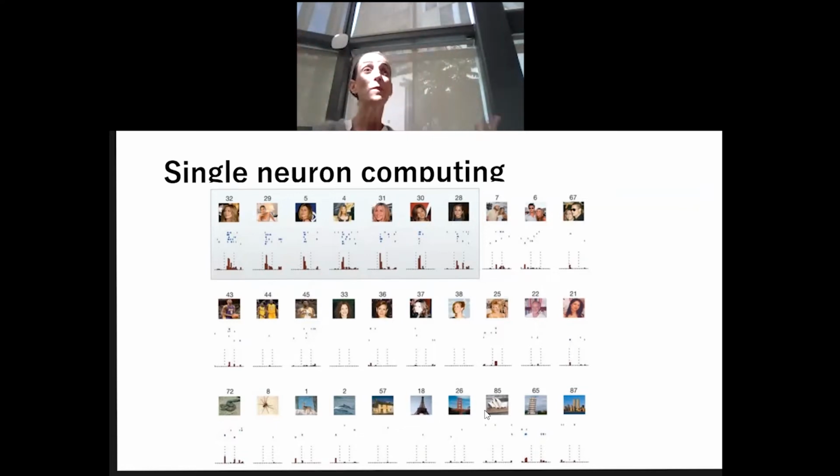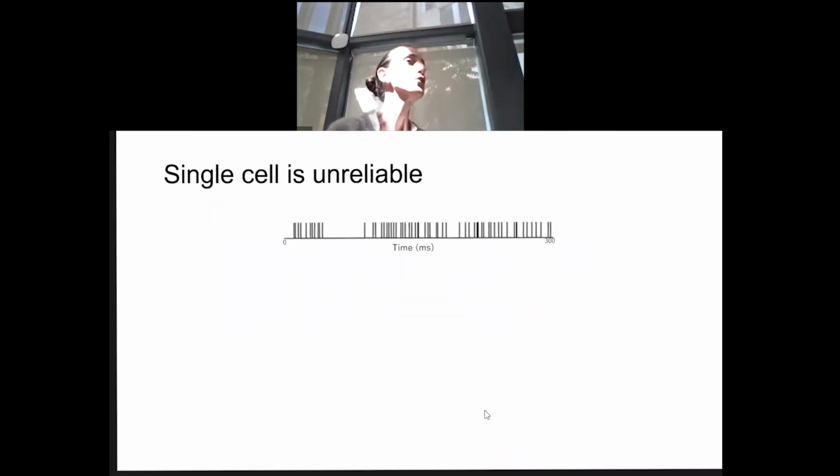And then there was a big buzz about it. Do we have a neuron for every identity we know? And what happens if we have a beer and this neuron is gone? Then are we left with no understanding or recognition of Jennifer Aniston? And so a few years forward, we realized that a single neuron is in fact not so reliable.